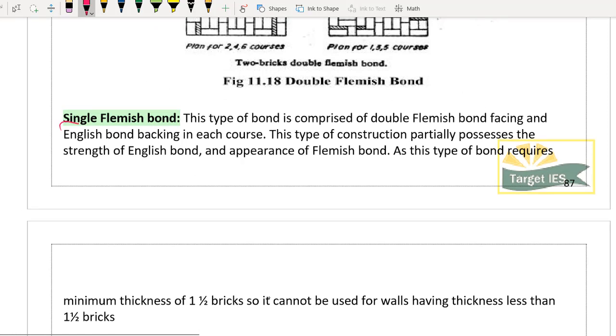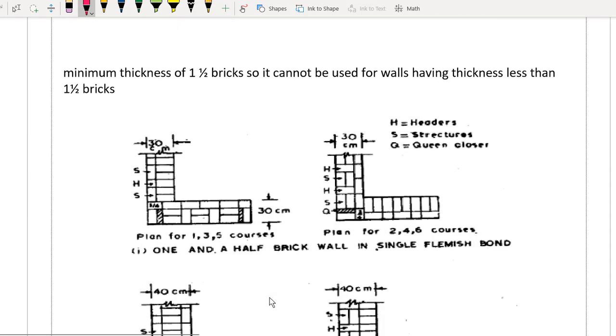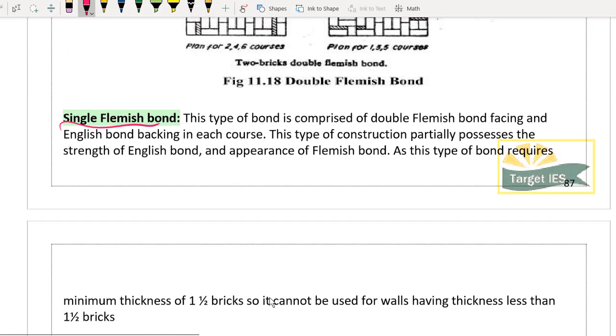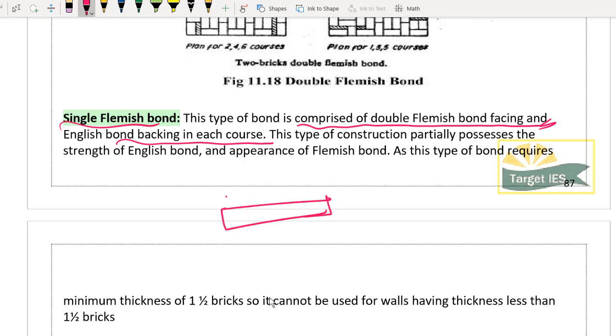Next is single Flemish bond. It is a combination of my double Flemish bond and my English bond. Okay, so अगर हम कॉम्बिनेशन यूज करेंगे तो आ जाएगा हमें सिंगल फ्लेमिश बॉन्ड. This type of bond is comprising of double Flemish bond facing and English bond backing. ये जो बैक साइड का रहेगा, फ्रंट पार्ट which is exposed, whatever you are seeing, that will be your